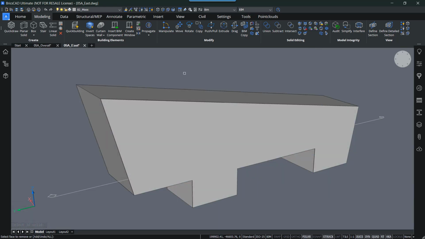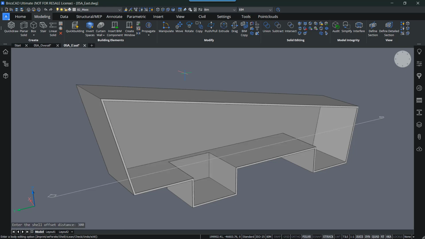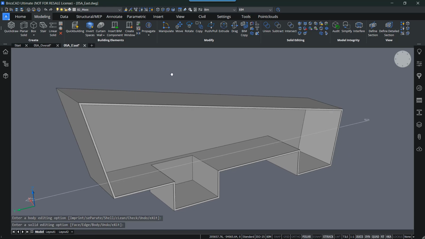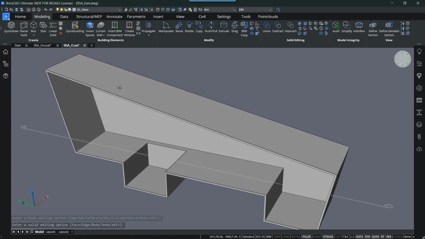If I want to remove certain faces, not really, and then I can enter an offset, so in this case 300. Now you see everything is hollowed out with an offset of 300 millimeters, and then I can press enter to exit the command. So this looks already much better.